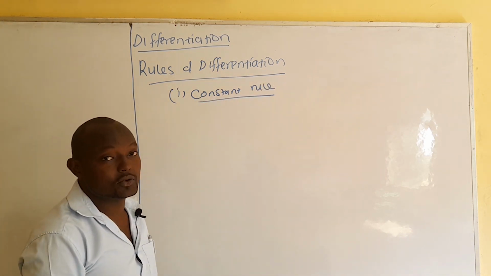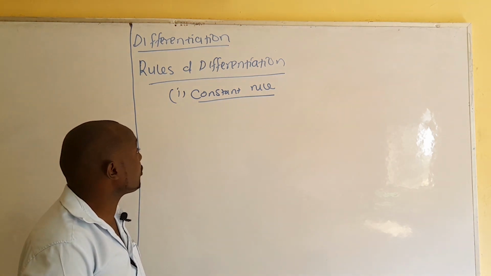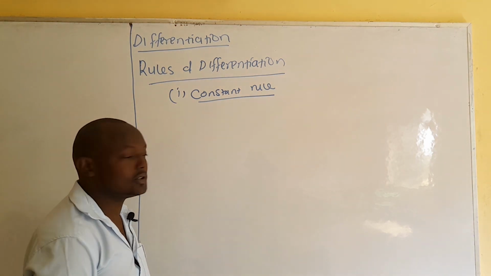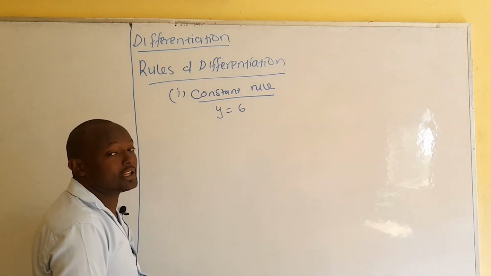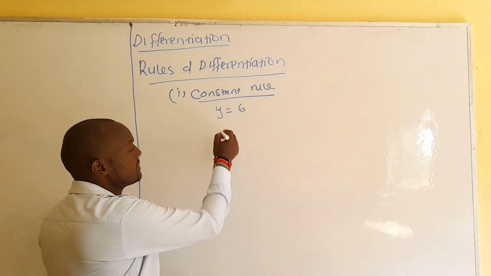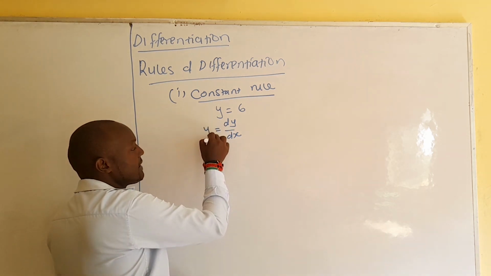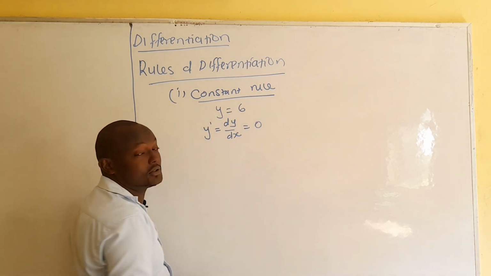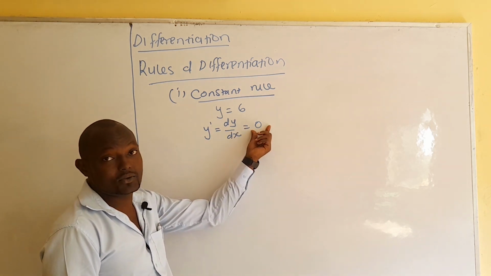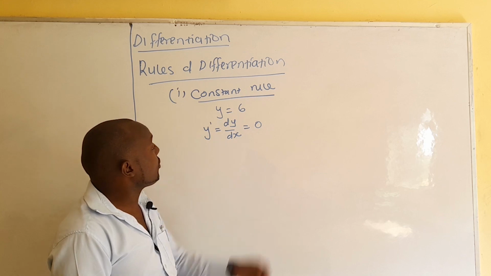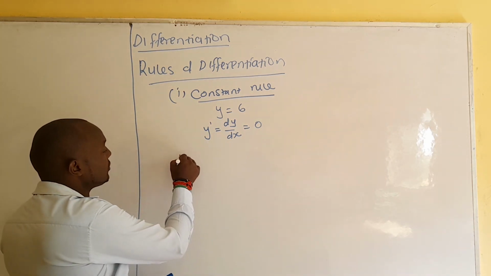What do we mean by the constant rule? It's a situation where you are given a function that is a constant, or what we call a polynomial of degree 0. Assume you have y is equal to 6. If you differentiate this, getting the first derivative, change in y over change in x, sometimes written y prime, you get 0. It means that if you differentiate a constant, automatically you get 0. We shall get more examples on this when we proceed, because the second rule